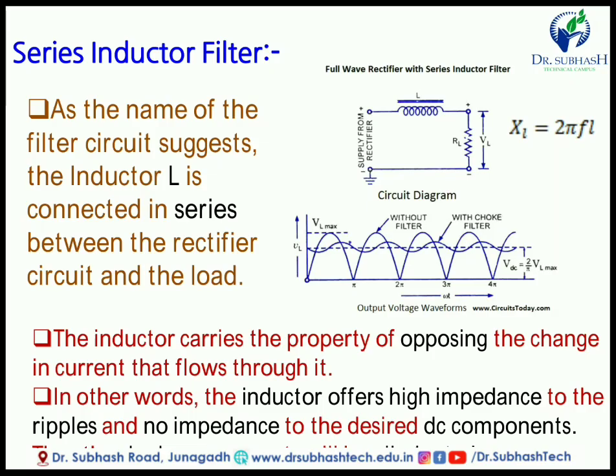to the frequency. So, due to the high impedance, the ripple does not pass through the inductor. Ripple is nothing but some type of AC-like spike. If you want to remove the AC-like spike or AC signal, then an inductor is required in series. So, only the DC component can pass through the inductor, and thus the ripple component will be eliminated, and the output of this filter is pure DC, or somehow it reduces the ripple. So, this one is about the series inductor filter.